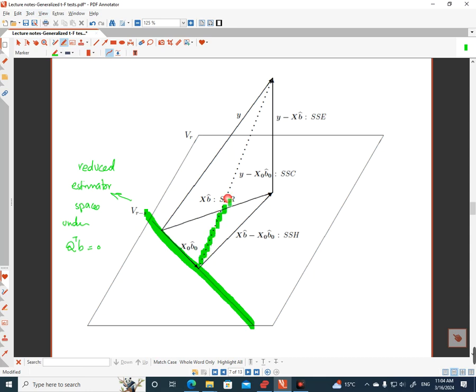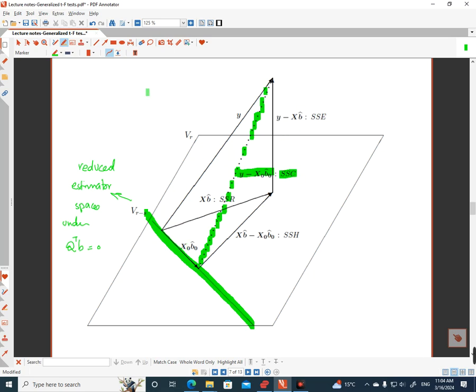This is the error of this projection. So it is given by y minus X0 b0, and the square length of this is the sum of squares of conditional regression, or better say error. Sorry. The sum square of conditional error,